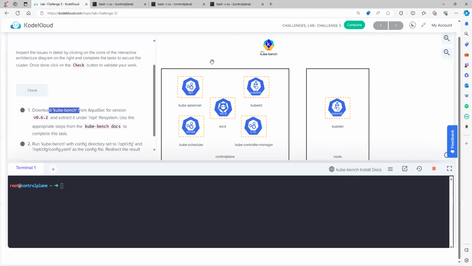Because ultimately, kube-apiserver is the heart of the cluster. So if the API server breaks, nothing will work at all. So we will see how we go about debugging a broken API server if it breaks, and then how we go about fixing it. Let's start with the first step first, which says download Kube-bench and extract it under